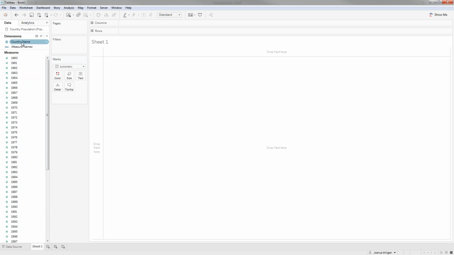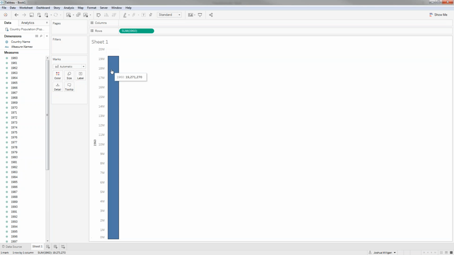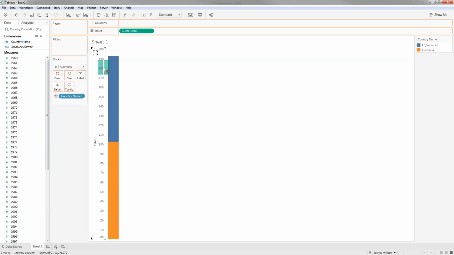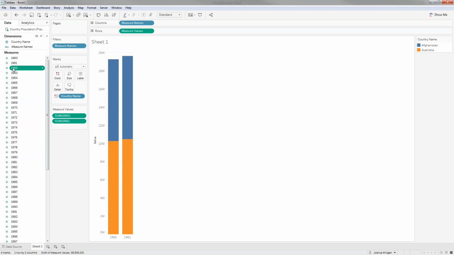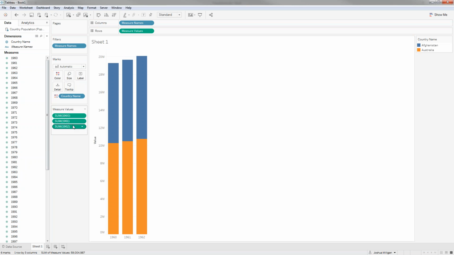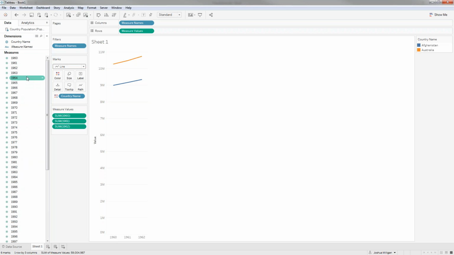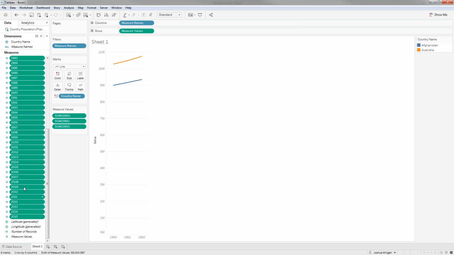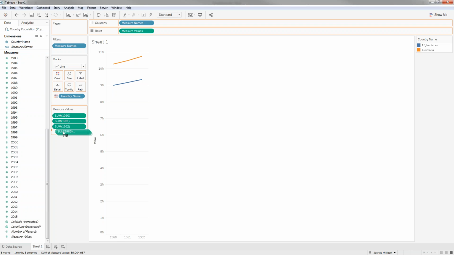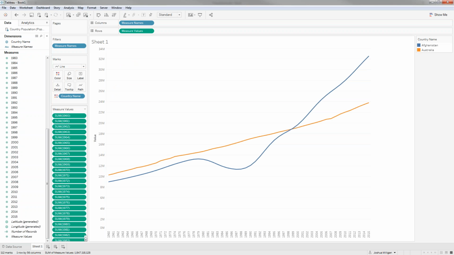Now, it's not an entirely unusable data set. I can potentially use something like this, so I can take each measure and put it out on the view. So there's my population for 1960, and I could even split that out by country. And if I want to bring in more than one measure, I can do that. So I can drag it and drop it into the same place as the previous measure, and Tableau will start to use the measure names and measure values fields with a measure values shelf that would allow me to add each one of these years, and I can change the mark type. So if I wanted to get a line, I have some flexibility. I can grab all the years by holding down Shift and selecting them all, and then drag them all in there. And eventually I can create a visualization, and it's nice, but this is about the limit of